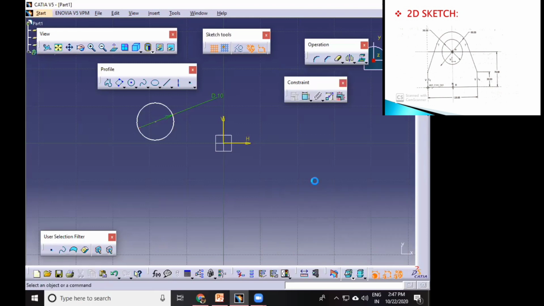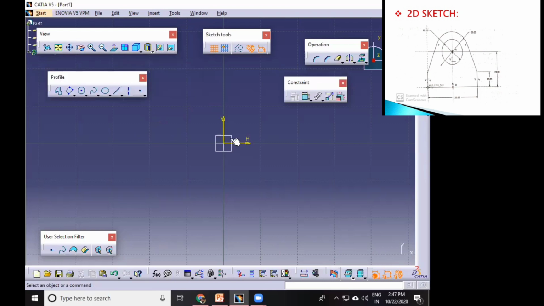Okay, select the dimension, then select the diagram and delete it. Okay, then I am showing you your first practical diagram. Okay, when you draw a diagram, the drawing must be in the center.